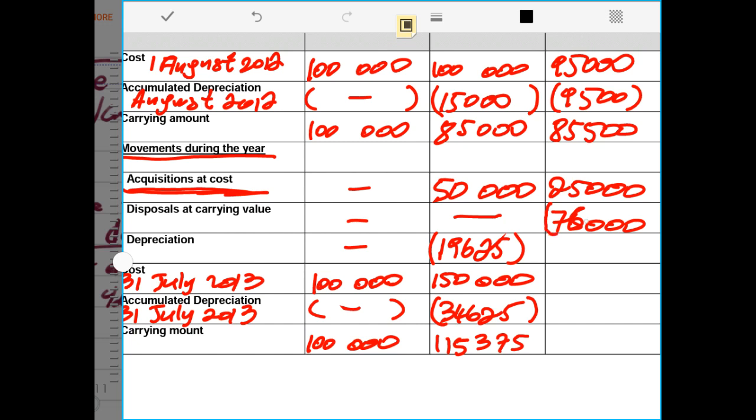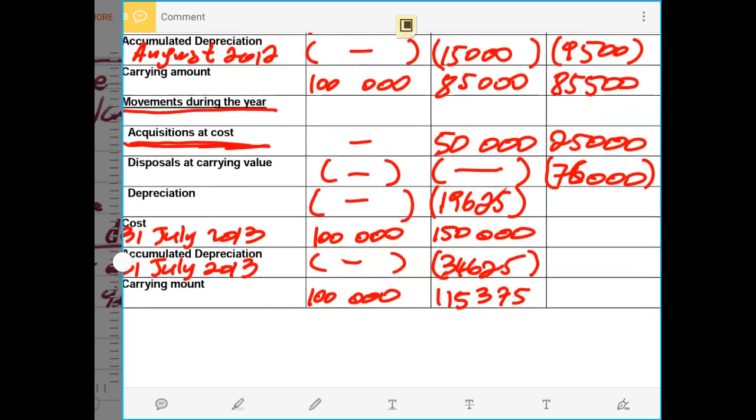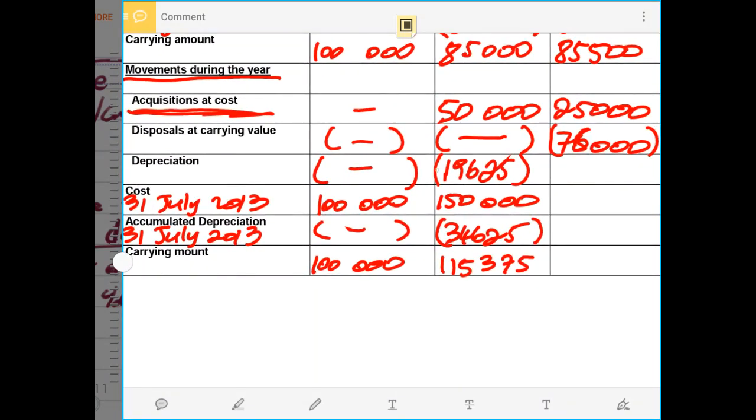But don't forget to write the 76,000 rand, which is the disposal, as negative. So we can do the same and show the negative in case these were there. So now 76,000 rands is the disposal of the old equipment that had a carrying value of 76,000 rands. Then we have to record depreciation for the current financial accounting period, and in the depreciation we record